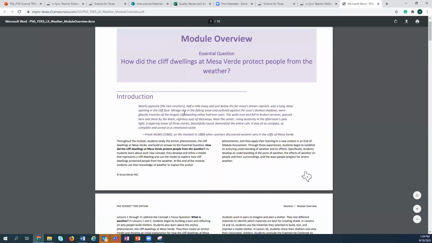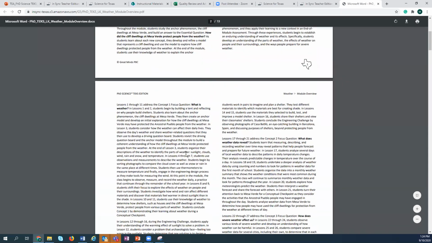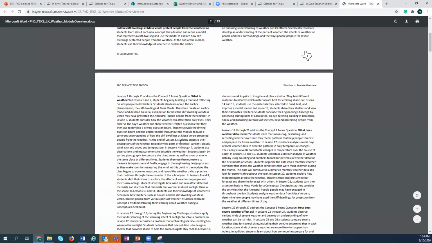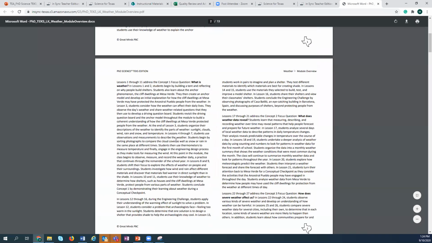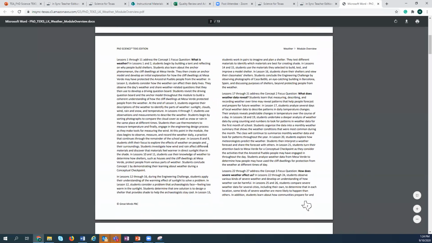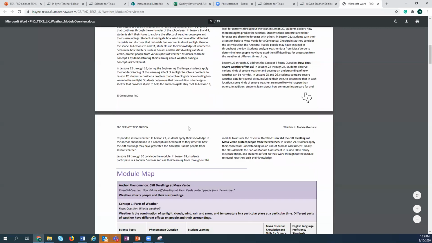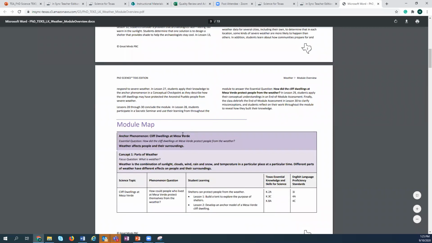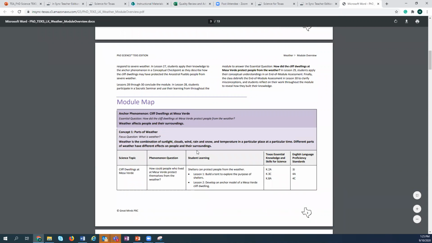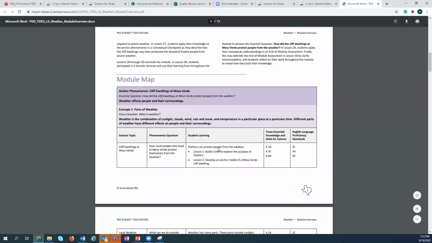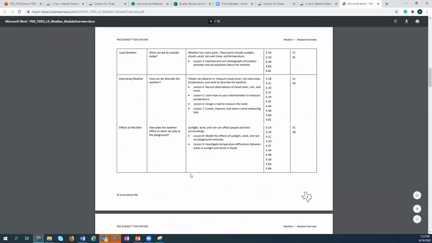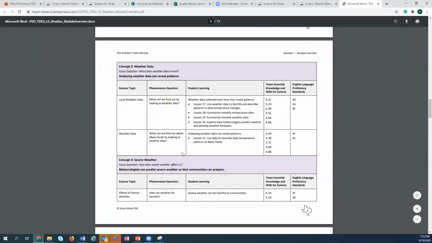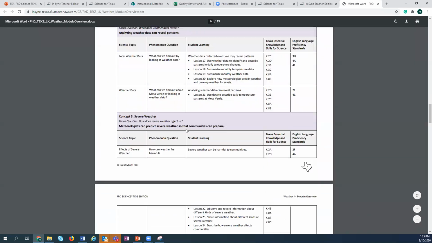Within the module overview, you're going to notice that there is a scope of the sequence of lessons and helps to understand how and what students will be learning over the course of the module. And then the module map gives a breakdown of each lesson and the associated TEKS, as well as the ELPs that go along and the phenomenon question. So we can go through the map here, and it gives you a breakdown of the concepts and the lesson